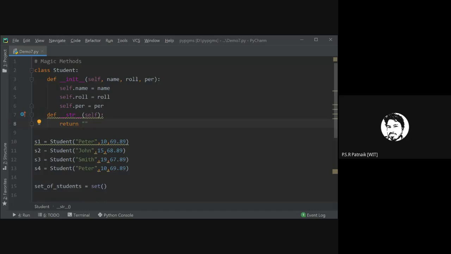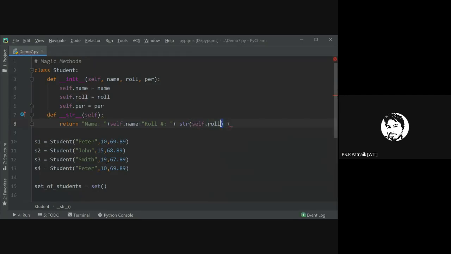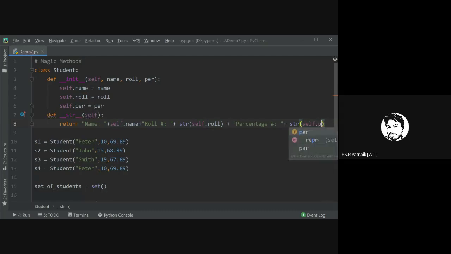So what I'll do is, I'll say name plus, I'll give a space, name plus self dot name, plus roll number plus str of self dot roll, plus I'll have the exact same string copied again, and this would be percentage. I'll call self dot clear.